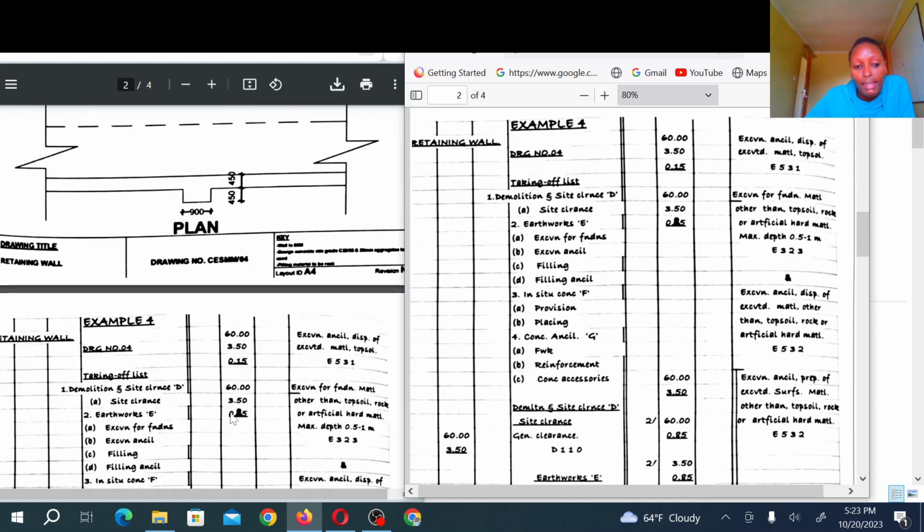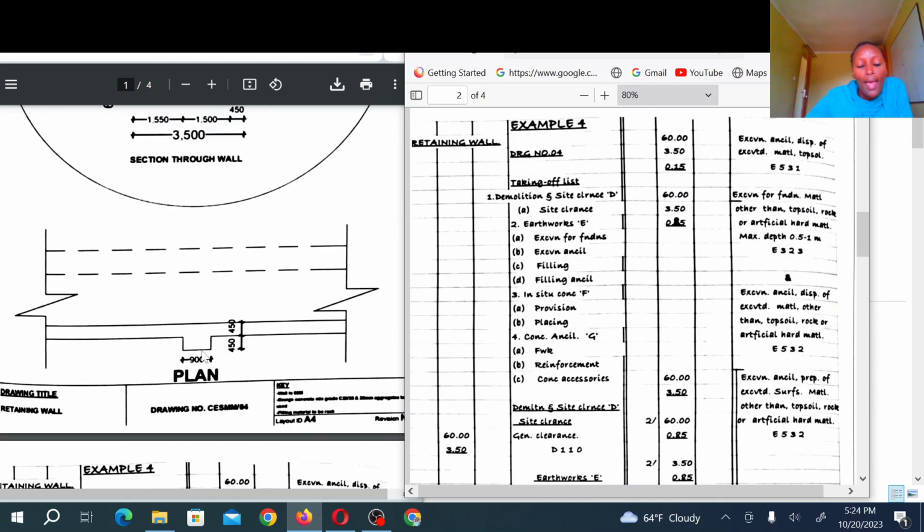When it comes to the plan, we can see that this is the pier. The pier is 900 millimeters wide, and the thickness of the pier is 450, just as we have seen in the section. Then the wall from the top, we can see it's 450 millimeters wide, so it spreads up to here. Then the foundation spreads up to this line. All right, so I hope you have understood the drawing, and once you understand the drawing, now you are good